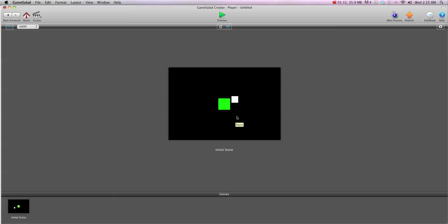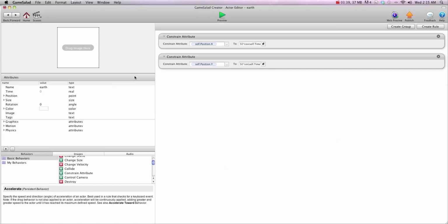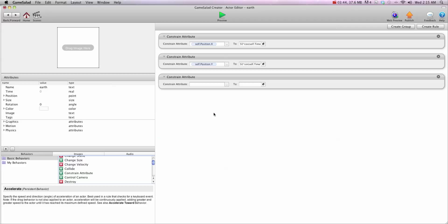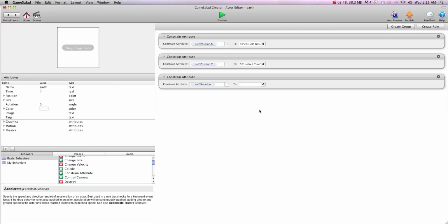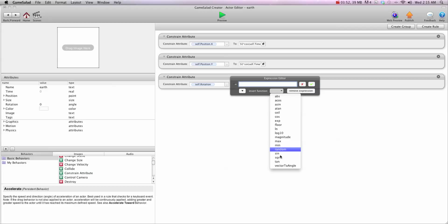Now, as you can see, the box isn't rotating. It's just staying in its own fixed rotation. So we're going to alter that too. So what we're going to do is constrain again, and we're going to constrain self.rotation to, and we're going to use the drop-down menu. We're going to choose vector to angle, and we're going to backspace to the first bracket, and we're going to